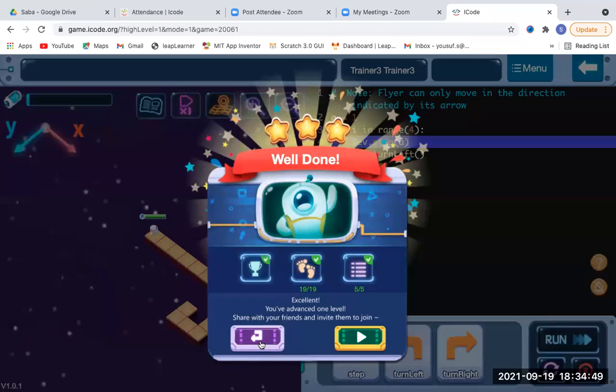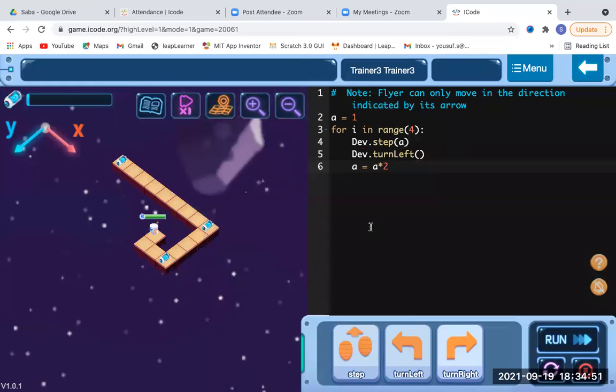I'll explain it once again, then we'll go ahead. Over here, what we have done is the same process: A is equal to 1, the variable is 1, and 1 cross 2 is 2 itself. First A will go ahead, means step A equals 1, then he should turn left, and then the process will keep increasing.